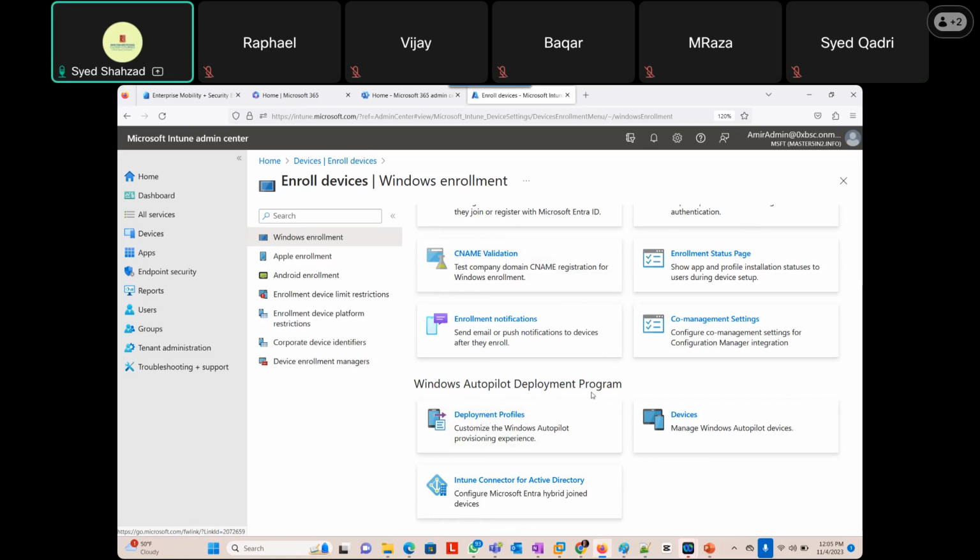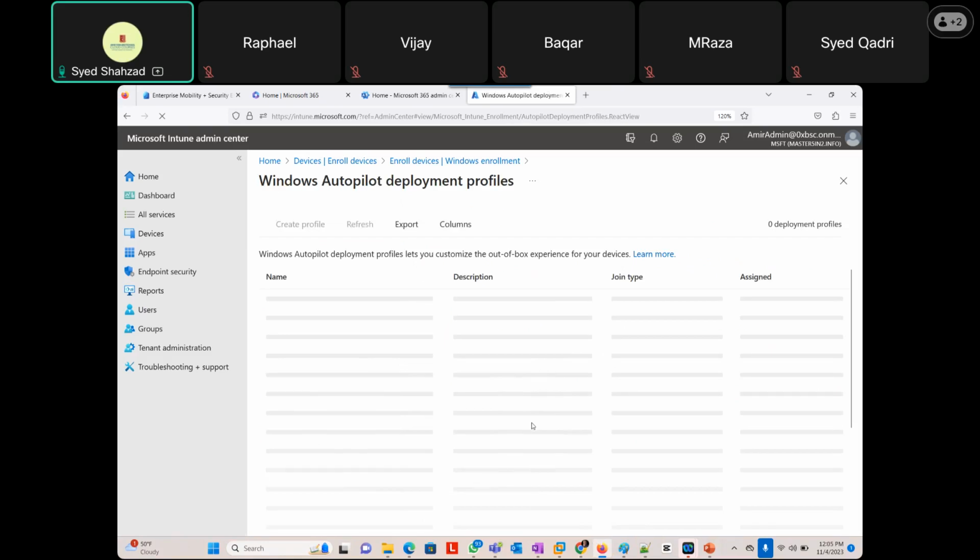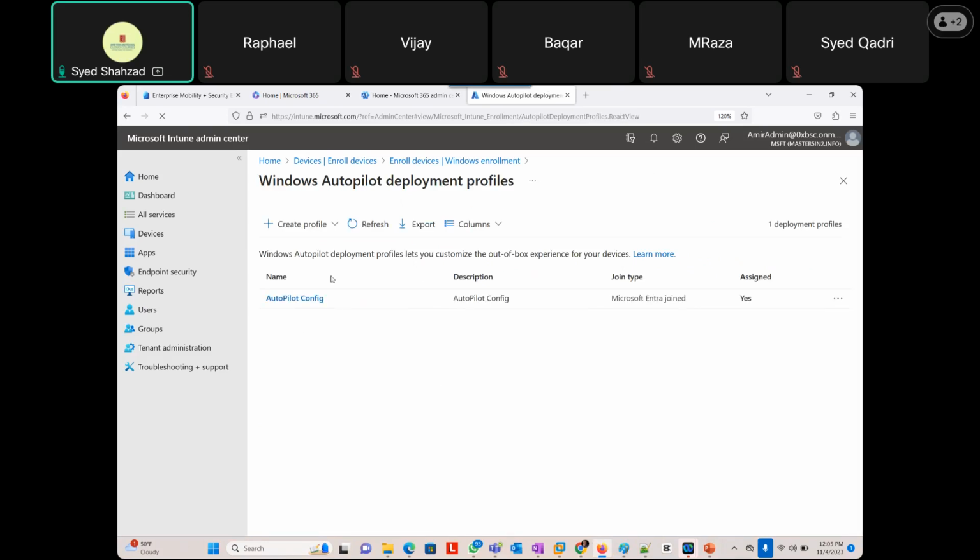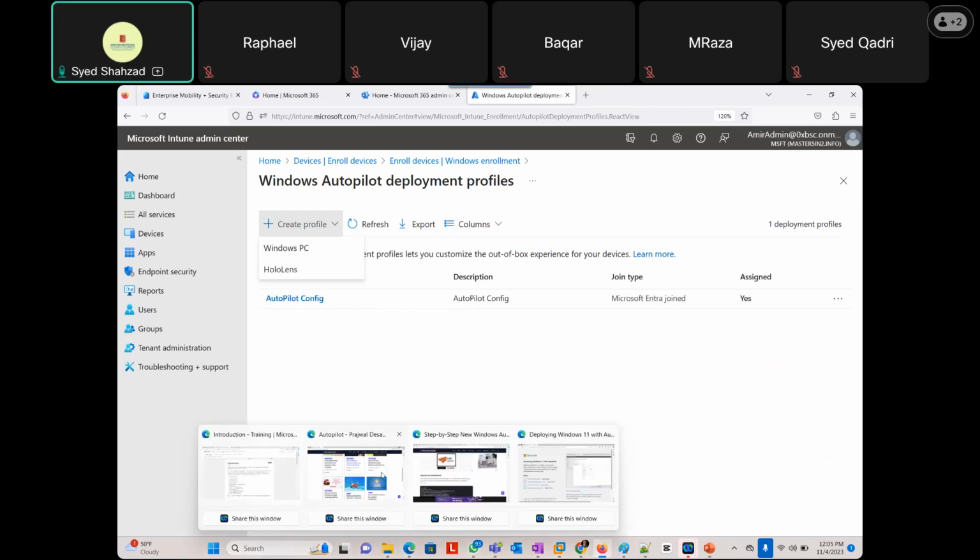Windows Autopilot deployment program. But that was for regular installations, and now we need to install it for Autopilot as well. So if I go inside the deployment profiles, the Autopilot config is there. And Windows PC, we have created it already, right? If I just take you to this slide, yeah, this. So deploying Windows 11 Autopilot, let's go through the Microsoft